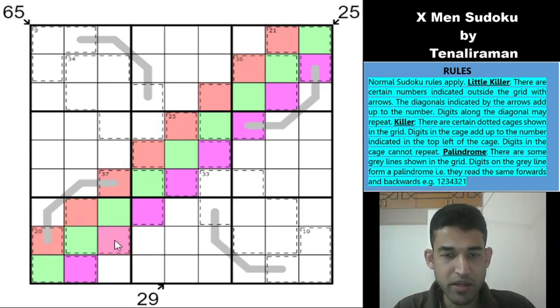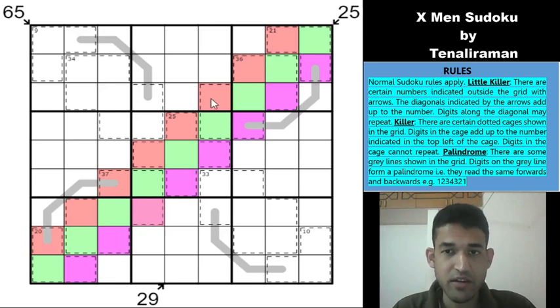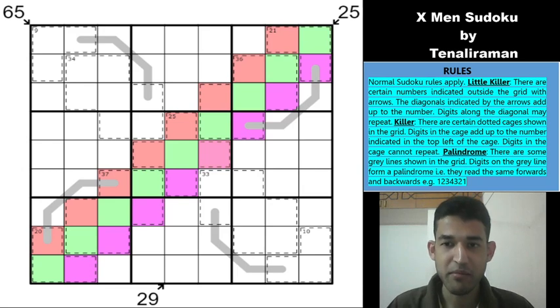The maximum possible here is going to be 30, and from these two cells we'll have 17, which is 47. From these two cells we'll have 17 again, which is 64. From these four cells we'll have 30. So 64 plus 30 gives 94, and we know that we need to reach 114. So which means that these four cells have to be minimum 20, and that should ring a bell.